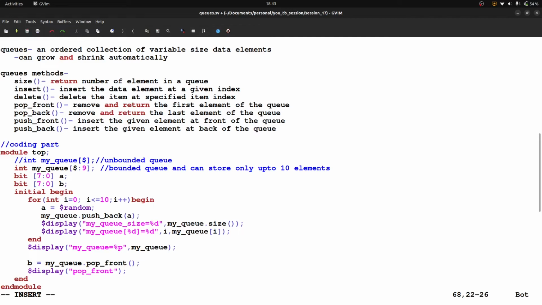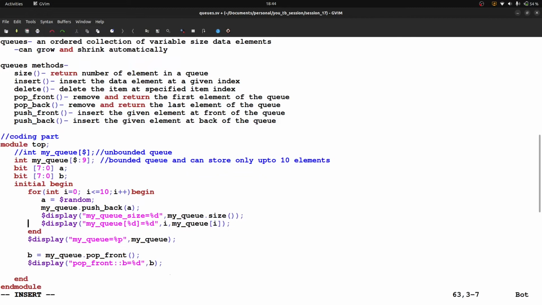and after that I can write something like B is equal to %d, and here I can write B, because it will pop out the first element from the front side and put it inside B, and here I am printing B simply. After that, again you can give the size and also print the queue.